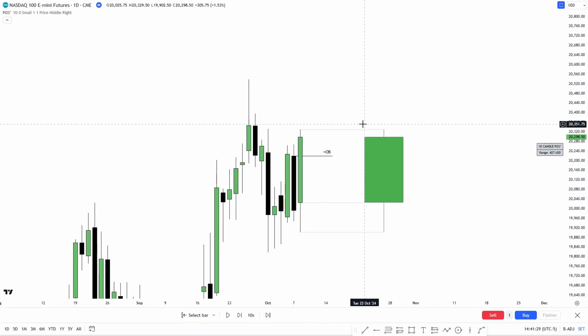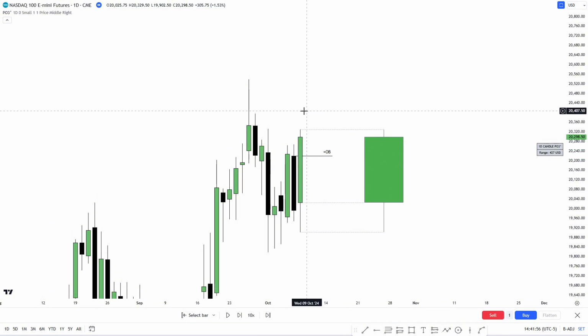Okay guys, we are now going to be going over our final example. In this example here, we'll be basing our trade idea off of the daily time frame and then looking to enter off of the lower time frames. So the framework for this trade idea will be based off of this down close candle, which is a bullish order block. I've drawn out the opening price as shown here,